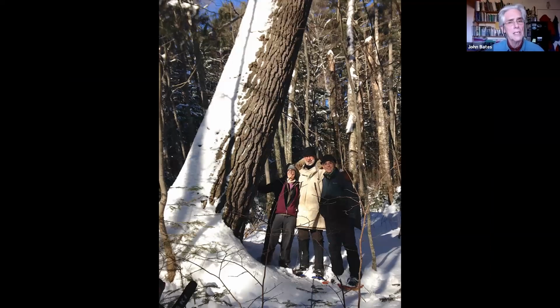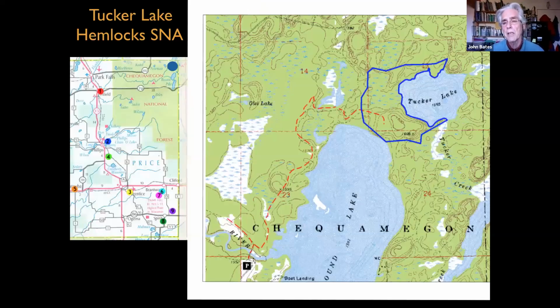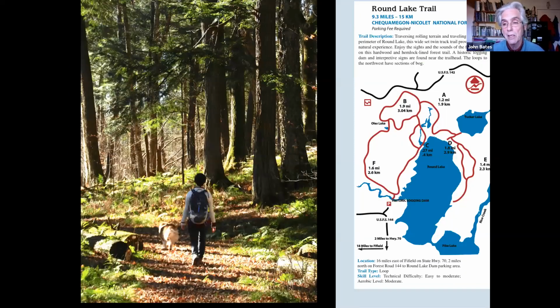And this may be the last site I show you. Tucker Lake Hemlock State Natural Area. It's also a research natural area for the Schwalm and Nicolay. A lot of shoreline old growth. And there's a series of trails. The Round Lake Trail takes you back to Tucker Lake, or you can simply paddle a shorter way, paddle to point D on that map, and you can portage your boat back into Tucker Lake, which is a wilderness lake with 3 or 4 campsites on it, or you can just walk back then.